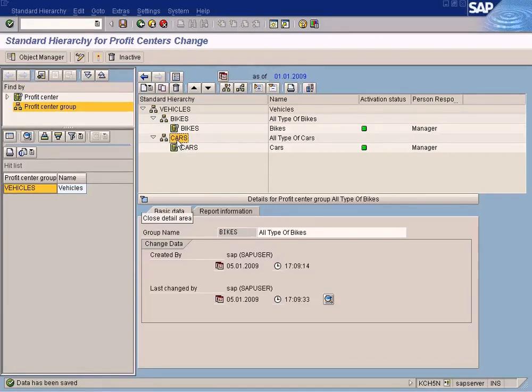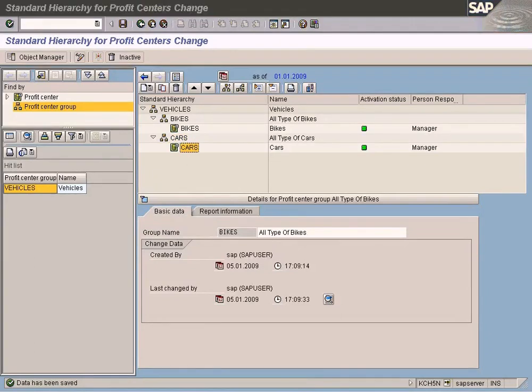And if you want to see the combined profit and loss for all the three different profit centers, we can just run our report at the profit center group level, so that we can combine all the cost and profit of all the three profit centers. That can be done as well. I don't deny that. It's very flexible. There's the advantage of using a profit center group, so that we can combine figures from more than one profit